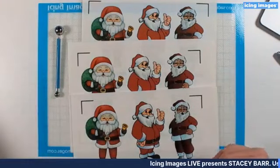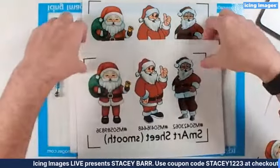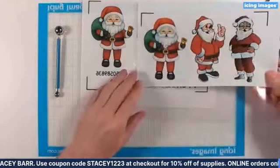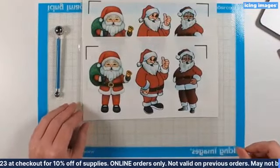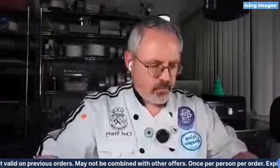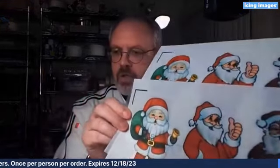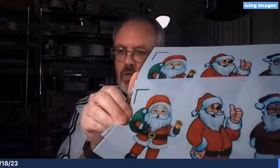So here's an example of one that I did yesterday. And this is on a premium icing sheet. So I'm going to hide these two here for a minute, and set these two side by side. I think earlier it was harder to see on the overhead camera, so we might need to switch back to the other camera, Lori, for this example. But if I pick these two up and hold them up, there it is. At that angle where the light is catching it, you can see